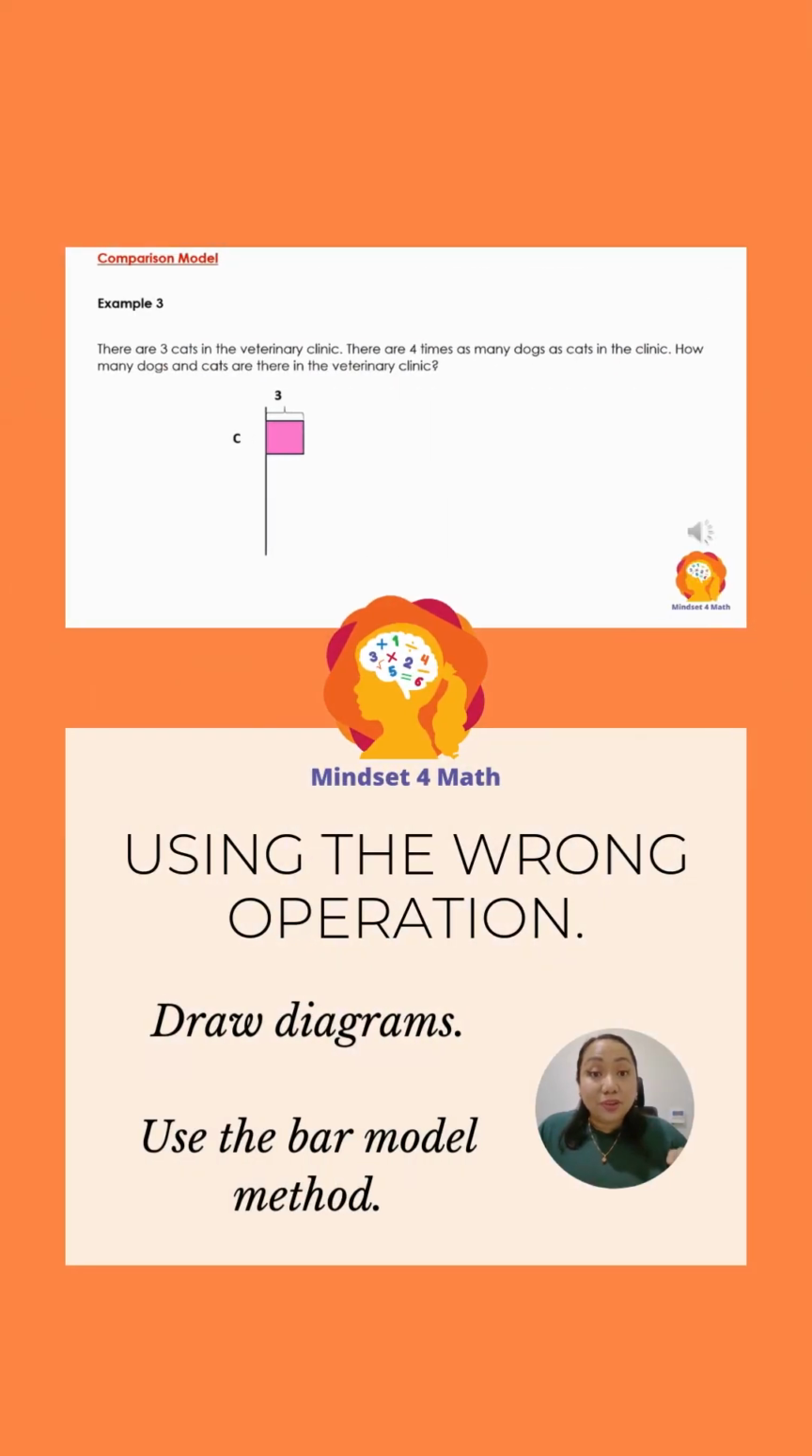Some students do not get the correct answer because they use the wrong operation. A way to avoid this is to ask the students to draw what the problem is all about. Another way is to draw the bar model method. This way, the students can visualize what is being asked in the problem and what operation they can use to